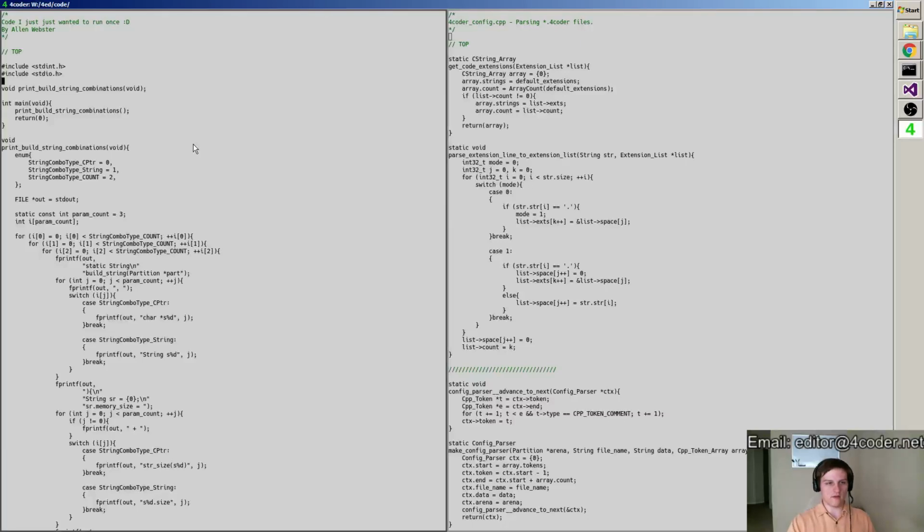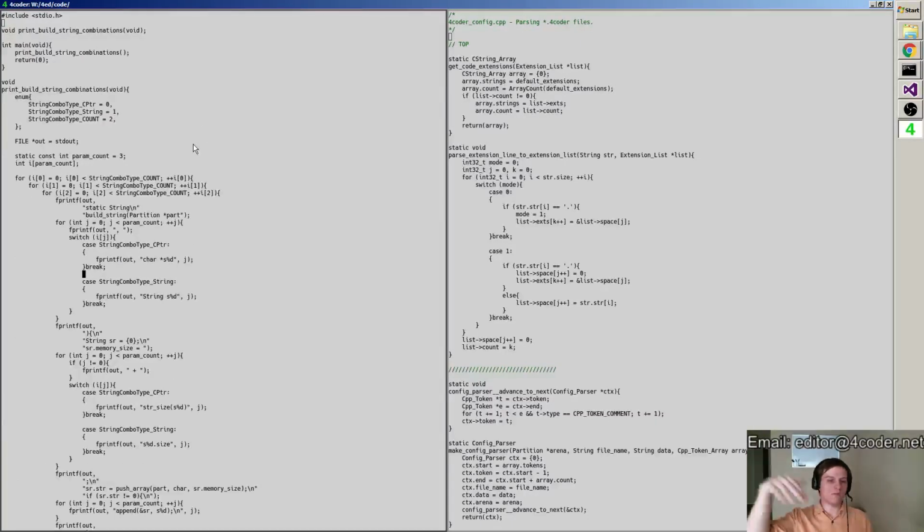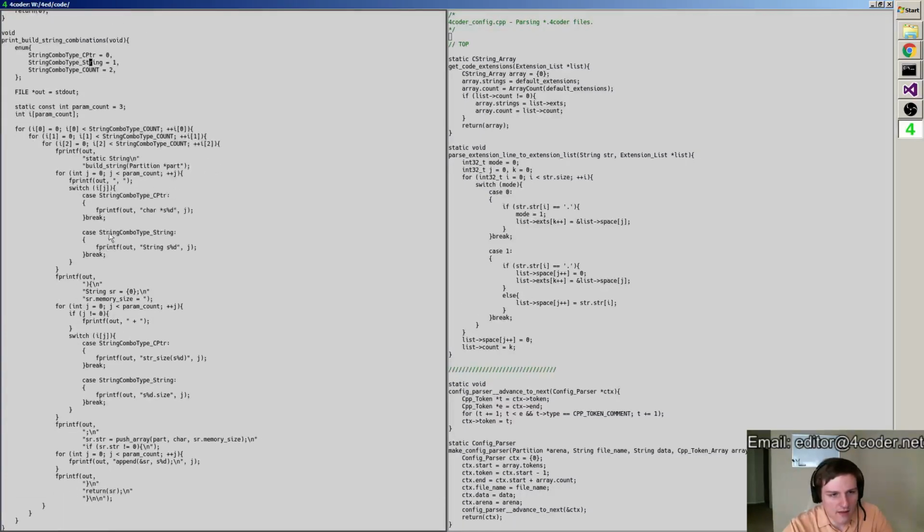Now, that sounds a bit weird, but here's why I say that. Whenever I do something like this, where I'm generating the 2 to the 3 different combinations of my string procedure based on all the ways that the arguments might be ordered, you can see that what I really did was specify 2 different concepts of a type, like this type and this type, and then I made not really an array of those types, but kind of an iterable structure.